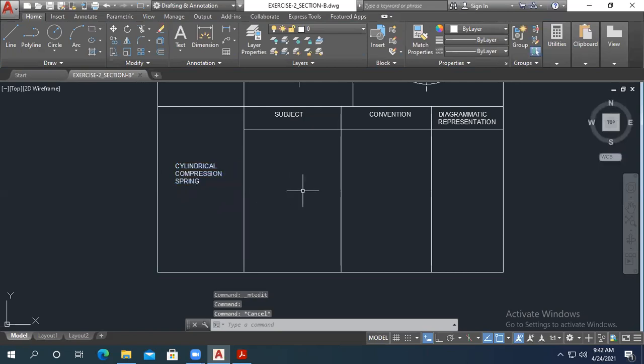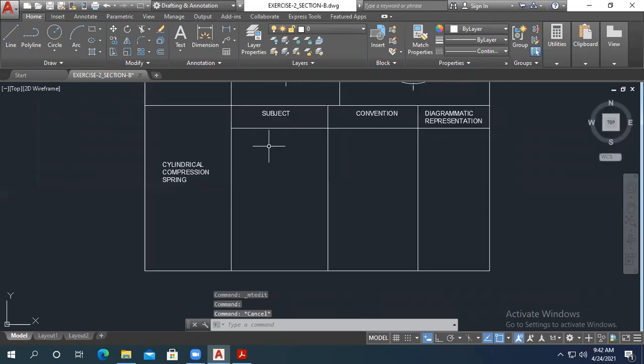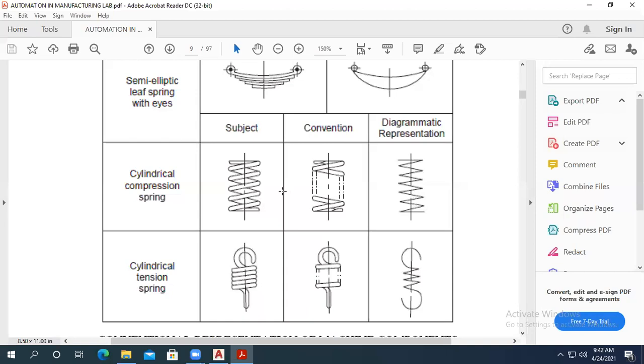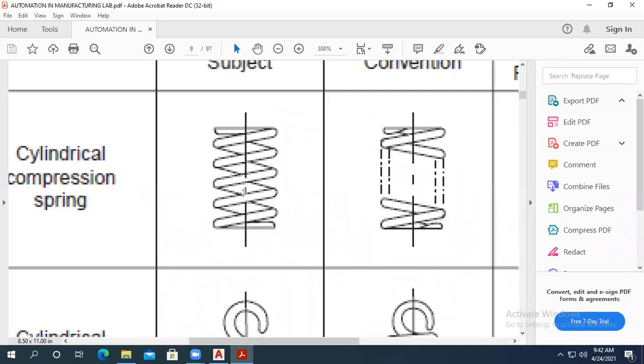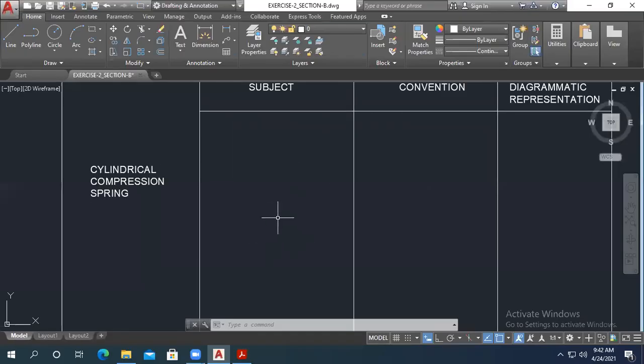So we'll first have that baseline. Maybe here F8 ortho on. Okay, and